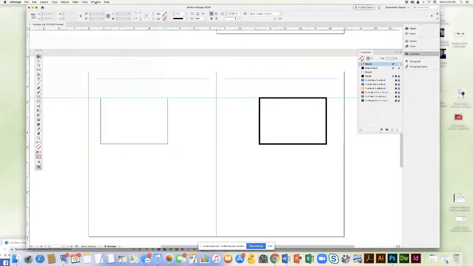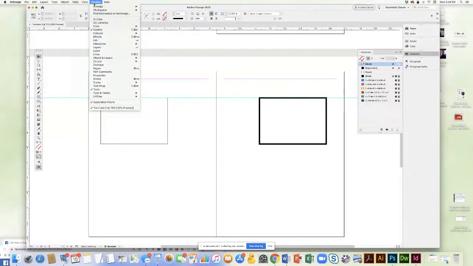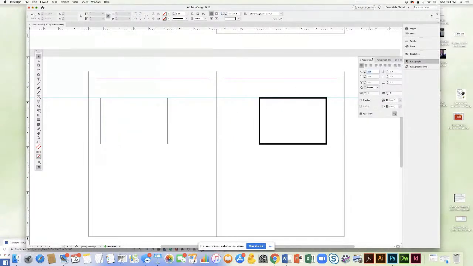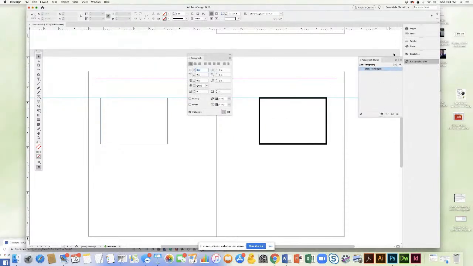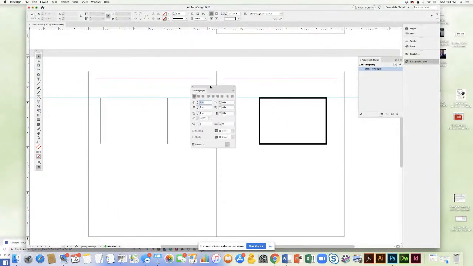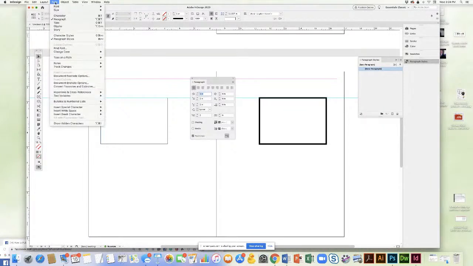These palettes are also located over here in this window. You'll see all of these are palettes. So at the moment, the tool one is open, and the type one, the character one, there's a paragraph one here, and there's a paragraph one here. And they're also movable. I can just grab on it and pull it out, and this is like a little magnet. It sticks over here, and I can move them around wherever I want. This paragraph controls paragraphs of type. We'll come back to that in a moment and show you how to use that. But again, all those same controls are up here, and they're also up here. So however you work,